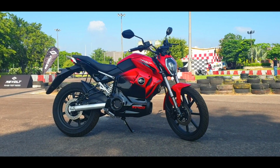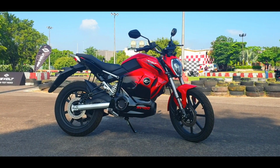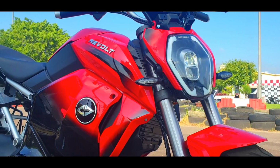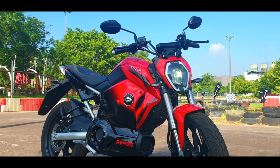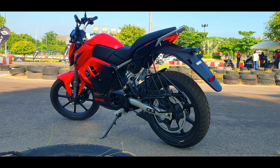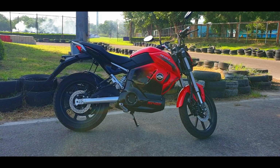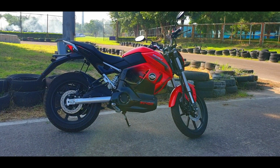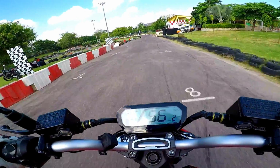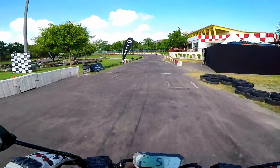Let's start with the design. The design looks quite intriguing and quite convincing. It looks like a well-made Street Fighter bike with an LED projector lamp and DRLs to offer a futuristic look. The lightweight frame is sturdy and tough, and this, along with the rear monoshock and the perfectly laid out swing arm, offers great straight line stability and also superb agility and maneuverability to cut through corners and steer through chock-a-block